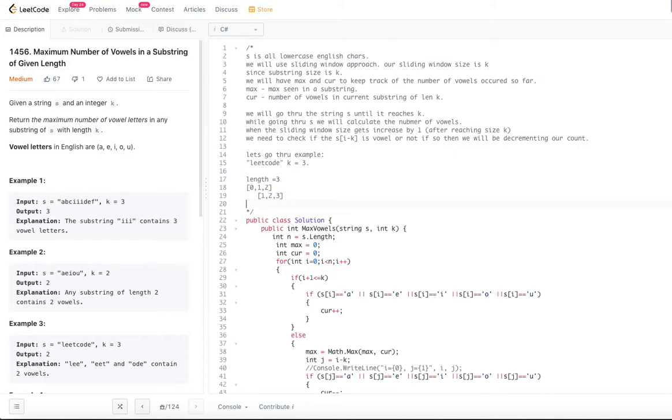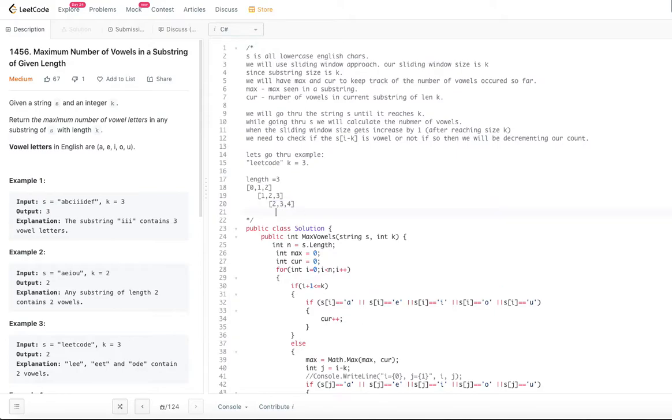Let's take one more to understand: 2, 3, 4 is our sliding window, where we forgot 1 and added 4. So now as the next step, we need to forget 2 and add 3, 4, 5. So this is how we are going to go through.